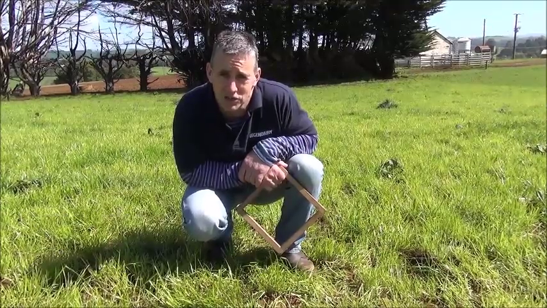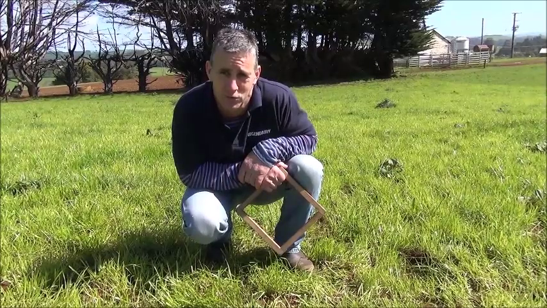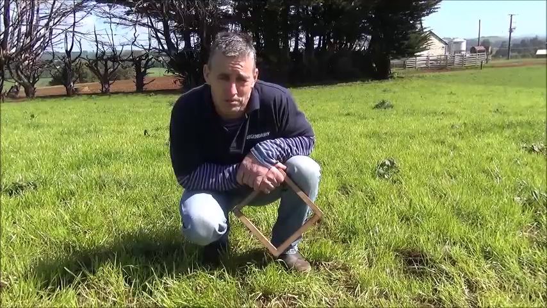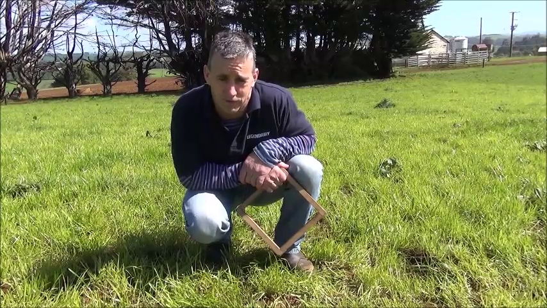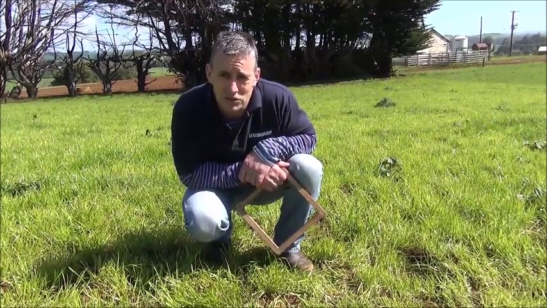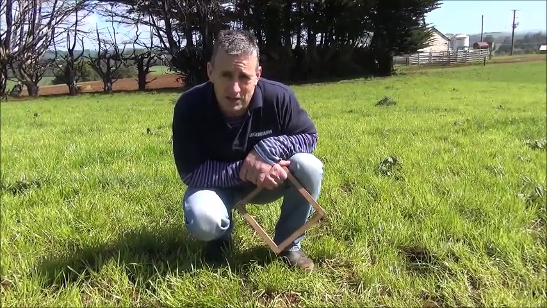A healthy pasture should have a minimum of 150 and up to a maximum of 240 plants per square metre. At sowing, plant populations can be as high as 450 plants per square metre, but this will decline by 40 to 50% over time. Now, while plant numbers can be assessed visually by counting each individual plant, this is not